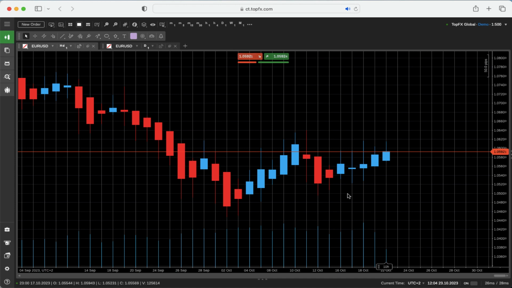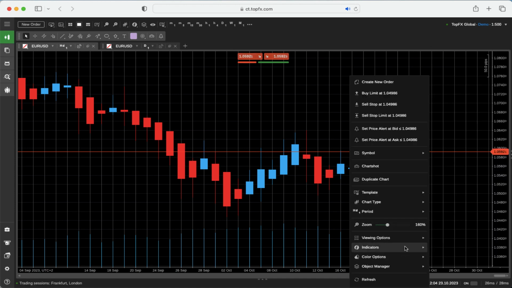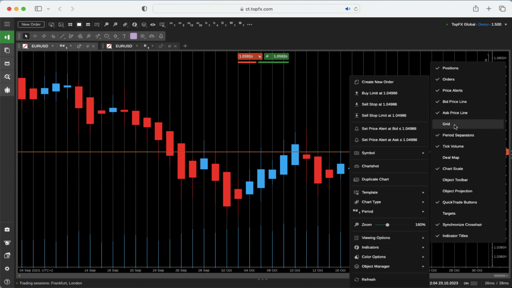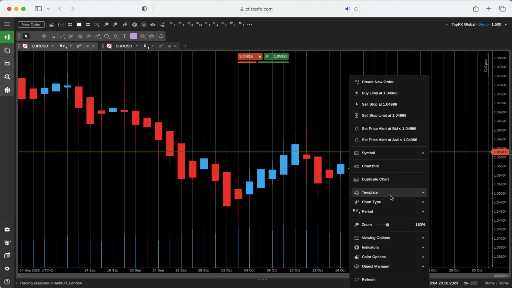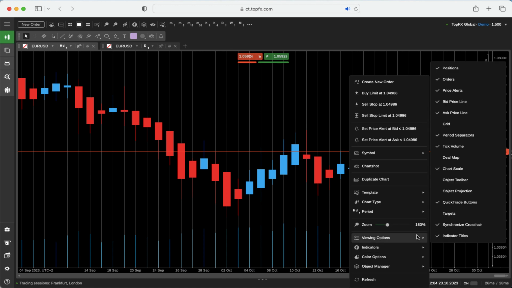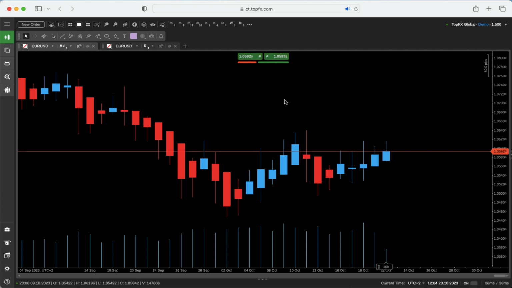We will do the same with the Heiken Ashi. There you go. We got targets and we need to get rid of the grid. There you go, the grid is no longer visible. Let me take a look if we can get rid of the daily period separation bar. There you go. So now, for the Heiken Ashi,